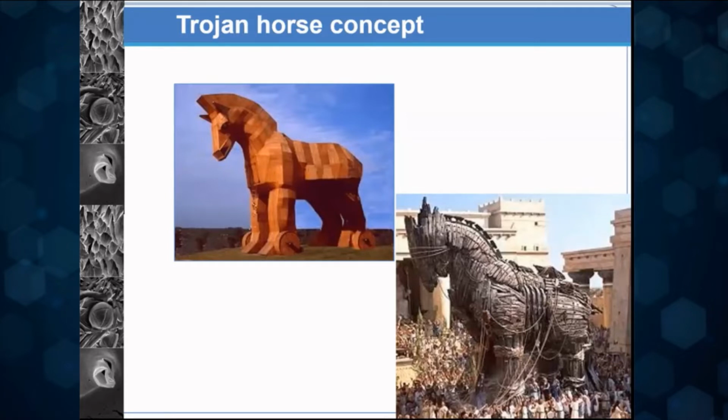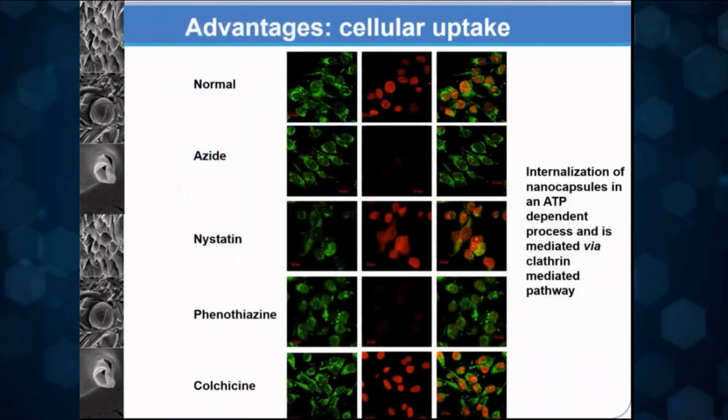It has to go inside the cell, bypassing the pump by getting recognized for one of the pathways of endocytosis. And internally, the particle then opens up to release the drug intracellularly. And there are various pathways for endocytosis, and we can modulate the biomaterial to exploit one or another pathway.